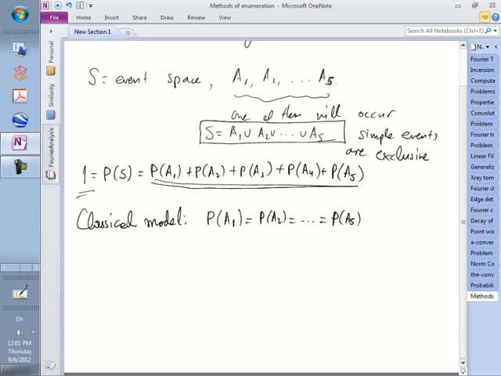What is the classical model now? What does the classical model tell us? Well, this classical model tells us the following. Suppose that A is an event that is the union of these three simple events. Basically, A is the event that says A1 will occur, or A2 will occur, or A3 will occur. Under the classical model, what is the probability of A? Well, the probability of A is the sum of those probabilities,